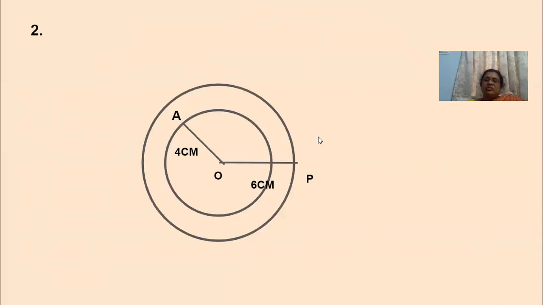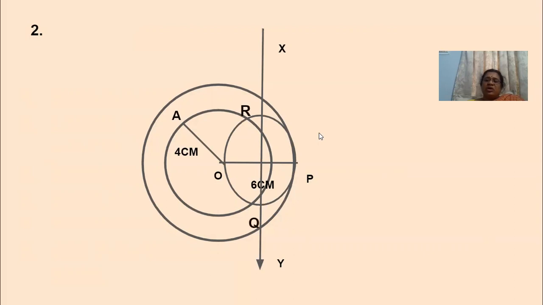As usual, we know we have to draw the perpendicular bisector for OP. The same thing we have to do here also, perpendicular bisector. The perpendicular bisector will intersect the small circle at 2 points. See here where they are intersecting. So here, okay, we have to keep here the pointer and we have to draw one more circle. The circle will intersect the smaller circle at R and Q.